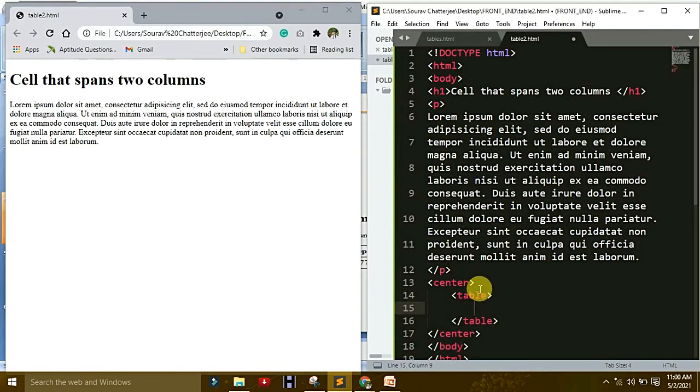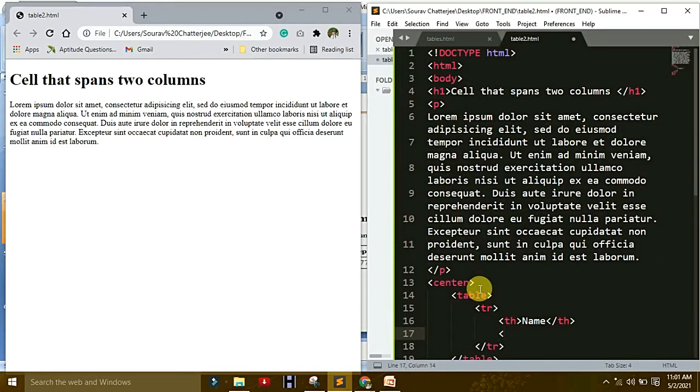Under this table make a table row. Under this row make a table heading for the name.